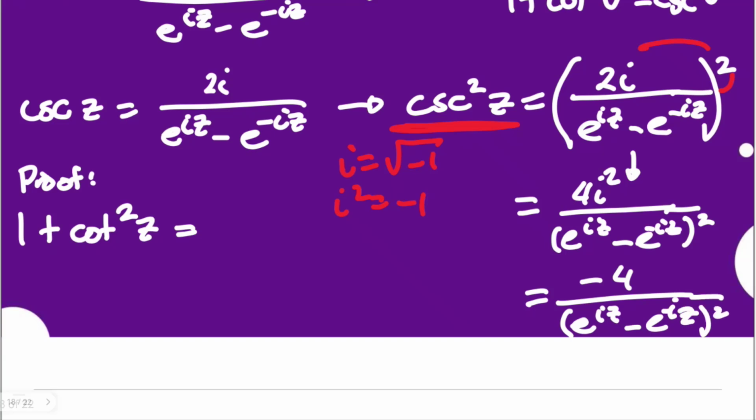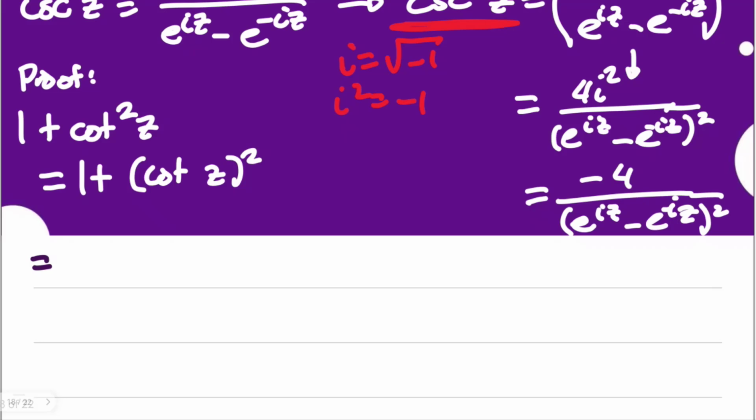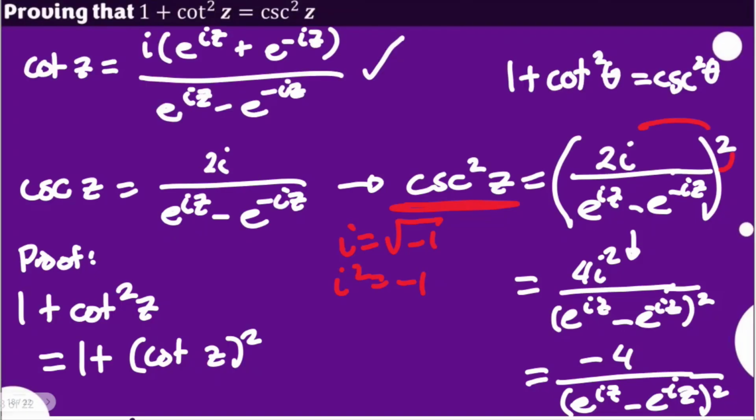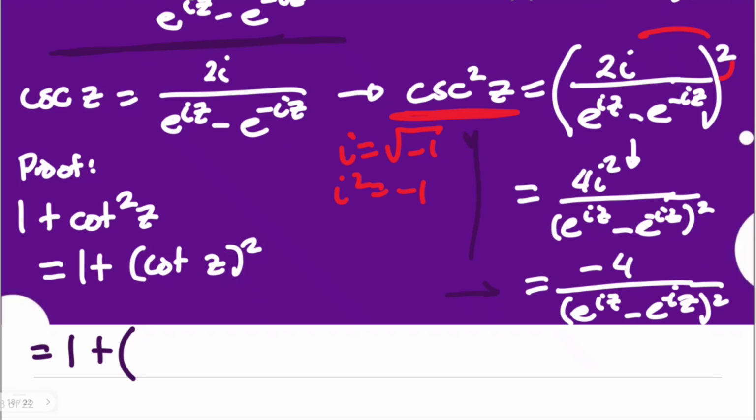Okay? So somehow, if your process later on will yield that, then clearly you're going in the direction of proving the identity. So for that, let's leave it at that in the meantime and simply start with our goal here. So we have here 1 plus, of course, we can write it like this, the square of cotangent z. I might also be using another page here later on, so please bear with me. We're going to have 1 plus the square now of our cotangent z, which is actually this one here. And hopefully, we could reach this point, which gives us the square as intended for our identity.